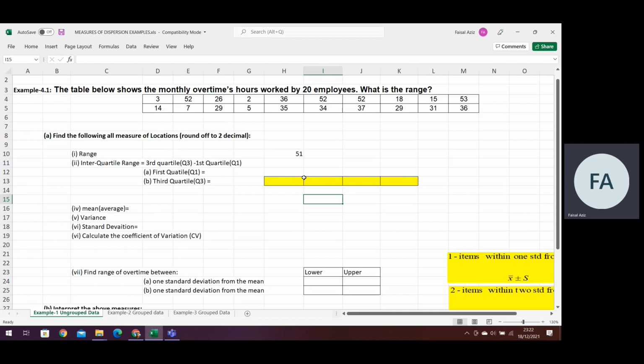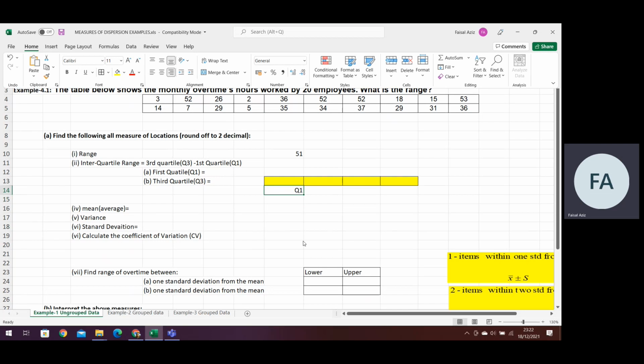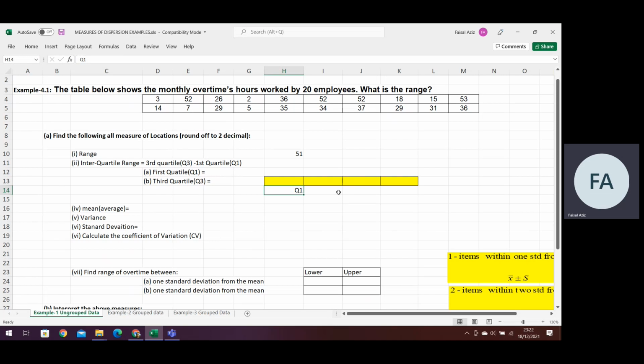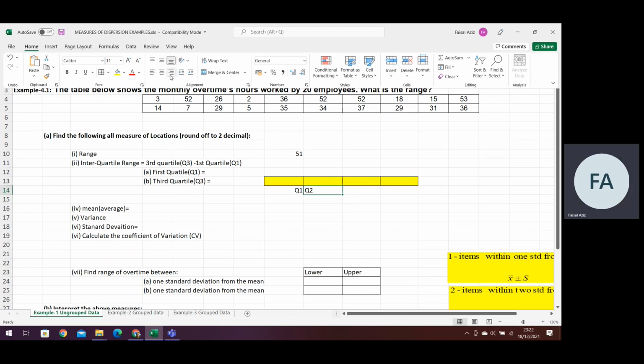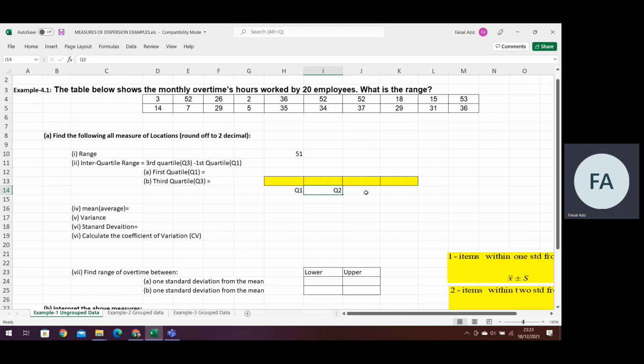Which means I will have to cut this line in 3 places. You can see the first will be this point, and I'm moving the cursor. The second will be this point and the third will be this point. This first point is called quartile 1. Quartiles are 3 partition points which divide the whole distribution into 4 parts, and this will be quartile 2. Quarter means 4, and this point is called quartile 3.